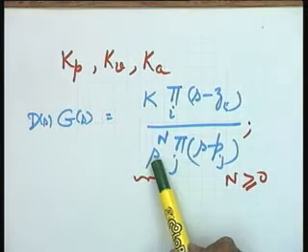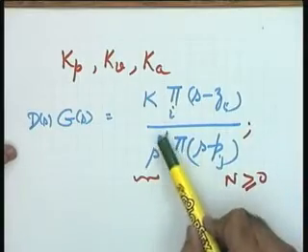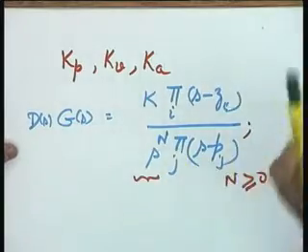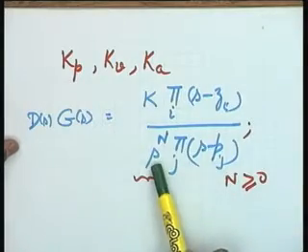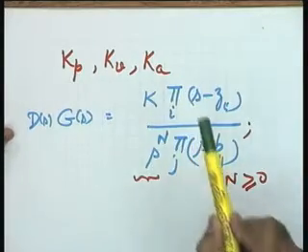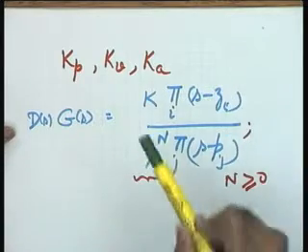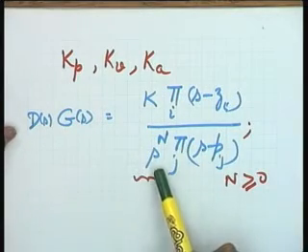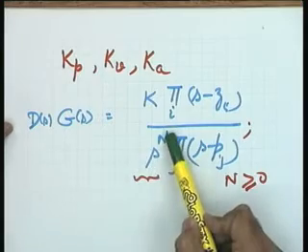This is also fine, if I let s equal to 0, this does not create any problem for me, but if I put s equal to 0 here, this number becomes infinity, and therefore as far as the steady state accuracy is concerned, note this point please, this factor s to the power of n is going to play the primary role there. The major contributory factor to affect the steady state behavior of the system is the factor s to the power of n.